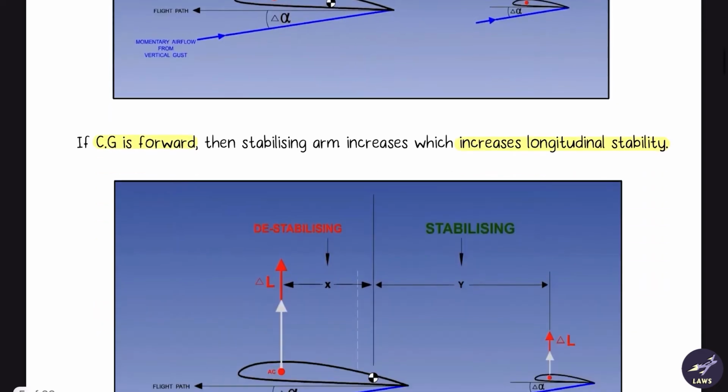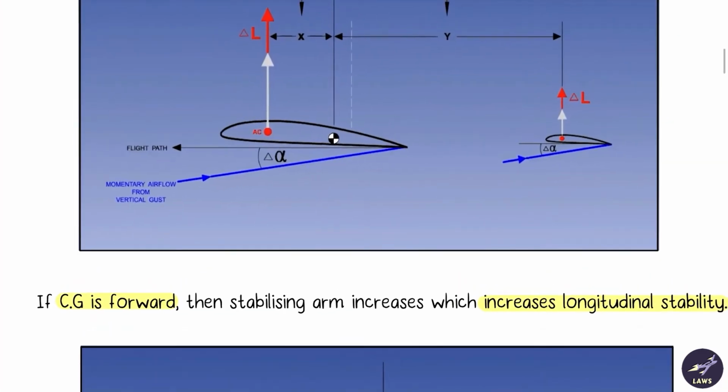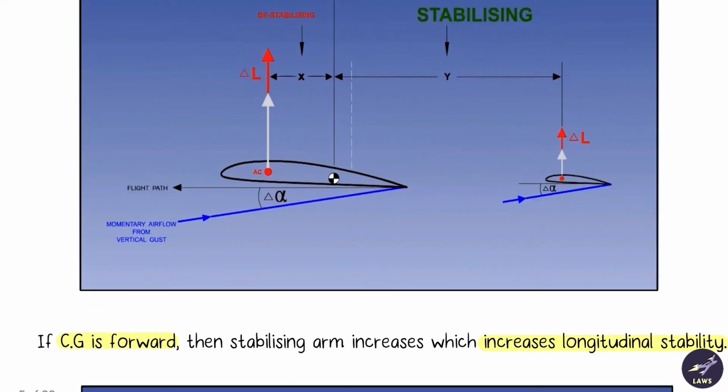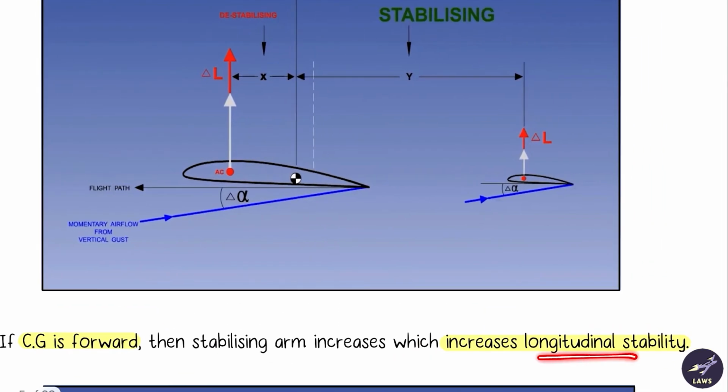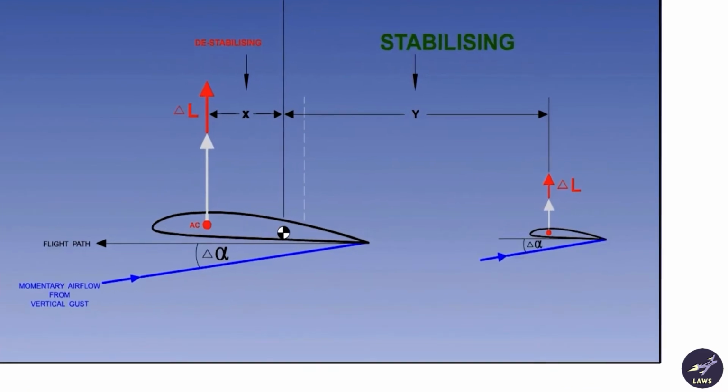If the CG is forward, then the stabilizing arm increases, which increases the longitudinal stability. Okay, so this was the original position of the CG. The CG was moved forward and the stabilizing arm increased, thereby increasing the longitudinal stability. So this moment is a function of force and this distance between the aerodynamic center and CG in this case,